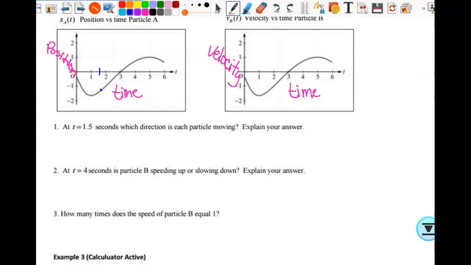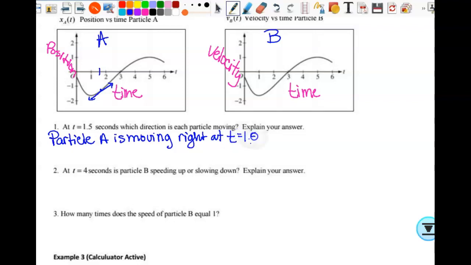Velocity is the derivative of position. This is my velocity, right? It's the slope. This is particle A and this is particle B, 2 different particles. So particle A at 1.5 seconds, is it moving to the right or to the left? To the right, okay? So particle A is moving right at t equals 1.5 seconds